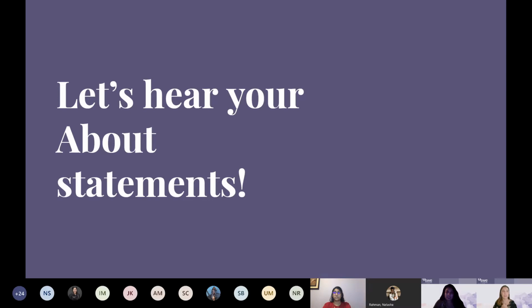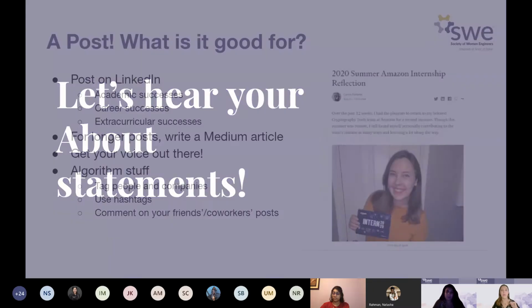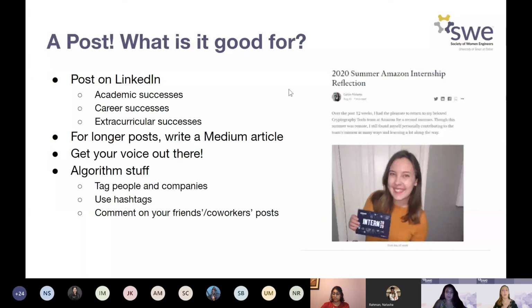So the next thing we're going to go into is posts. Posts are the backbone of your LinkedIn. You have your profile, but your profile is pretty set. It's things that you've done, and it's pretty high level. To get lower level into what am I doing now, what did I do yesterday that would be interesting to a recruiter, all that stuff goes in posts.